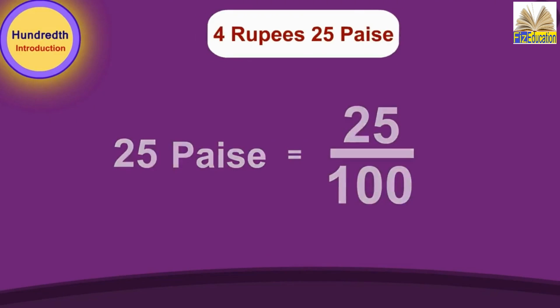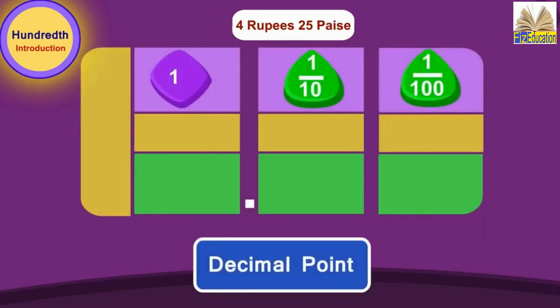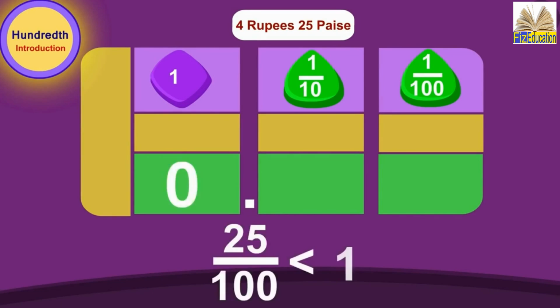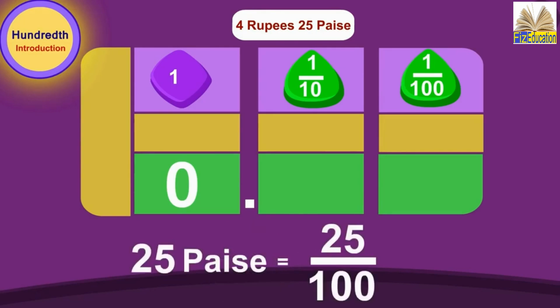So we will first draw a decimal point, then write 0 before it because 25/100th is less than 1 whole. Now, since 25 paise is 25/100th of a rupee, we will write the number 25 in front of the decimal